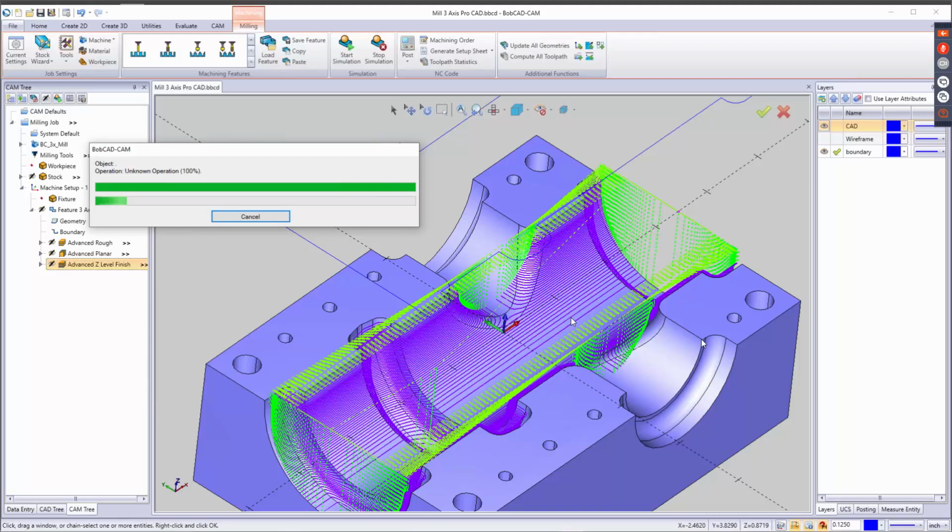And again, I can mess around with those numbers in there for the angle ranges. And of course, I'm doing a real small step over, so